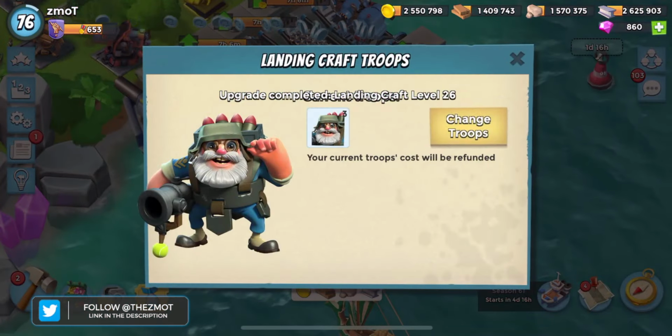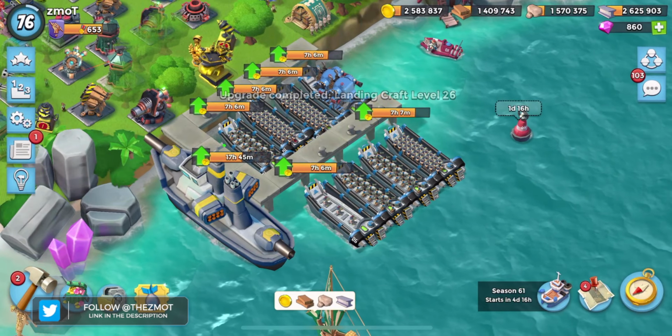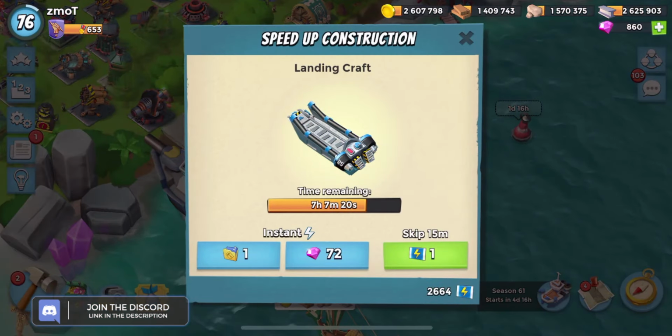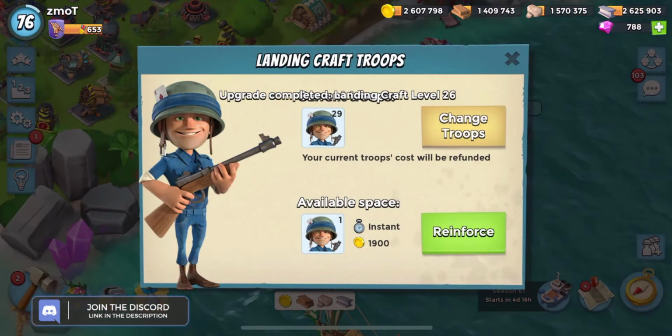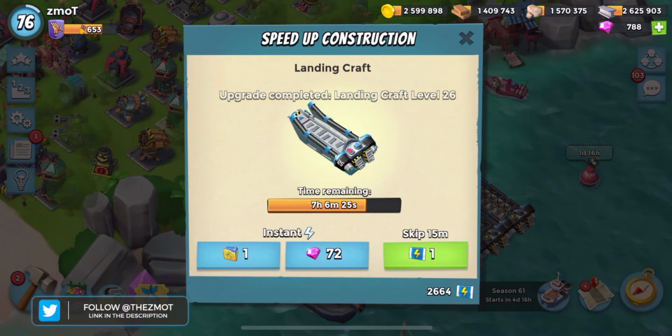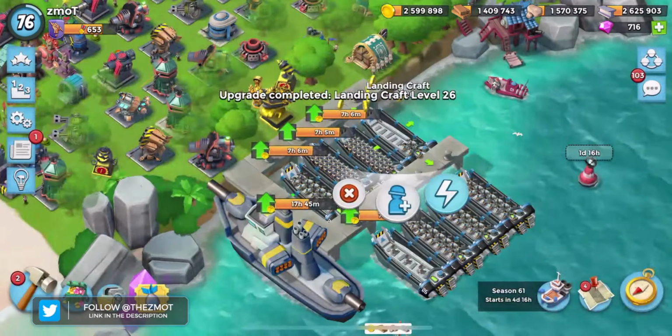And by the way, quick note, if you're going to upgrade your landing crafts and you want to do 8 at once, it would have been smart to load Zukas before doing any of this. Then I don't have to spend these 72 diamonds, especially having instant training. It was extra dumb on my part. So definitely not going to use that blue